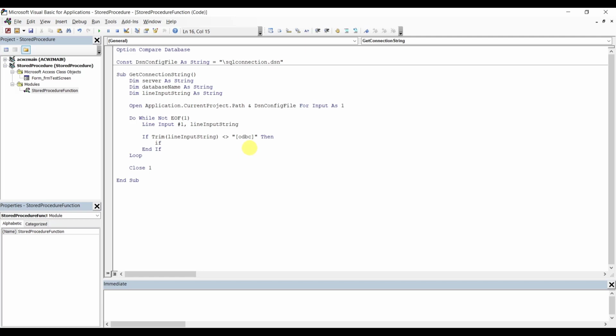So we can say if instream, now instream is the line, the input string, the instream is server equals, then server equals,